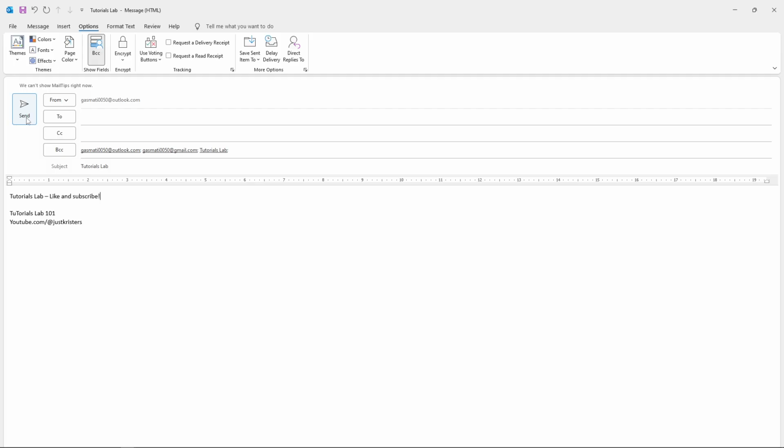And that's it. I enabled the BCC field by clicking Options and then BCC in the Compose window, added all my recipients to that field, wrote my email, and clicked